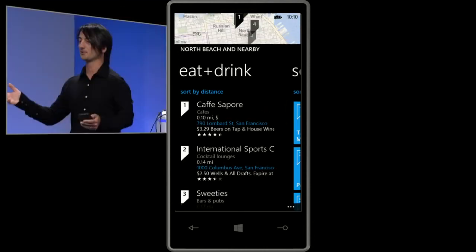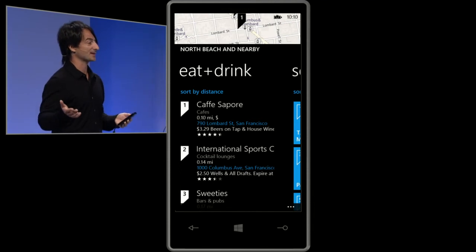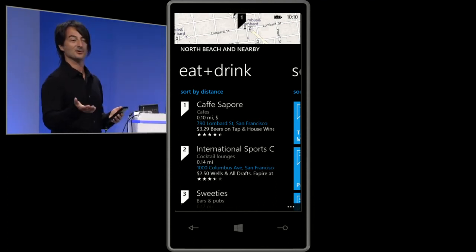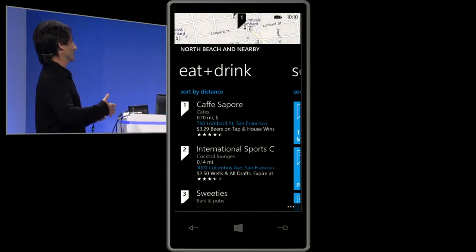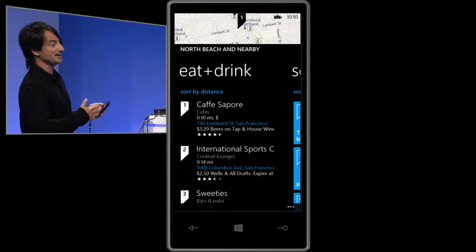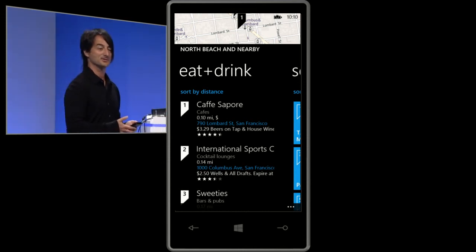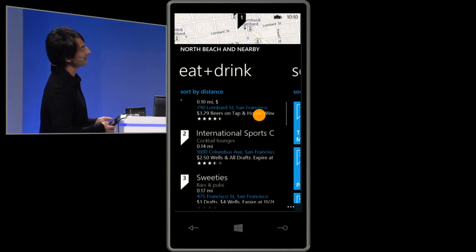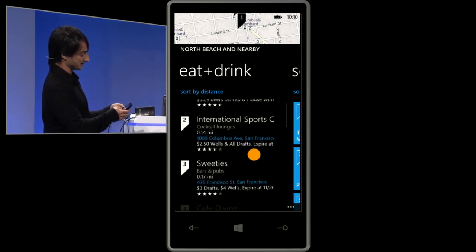Those of you familiar with Windows Phone 7.5, you're familiar with Local Scout, which takes a neighborhood or an area and suggests things like places to eat and drink. And what you see here looks like the old Local Scout, although I'm going to point out one difference, which is that as I pan down this list of places to